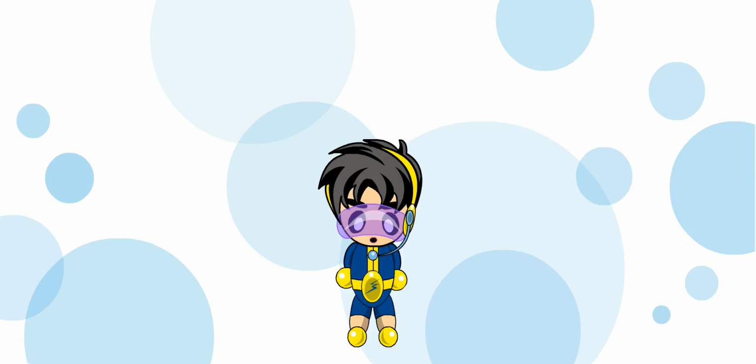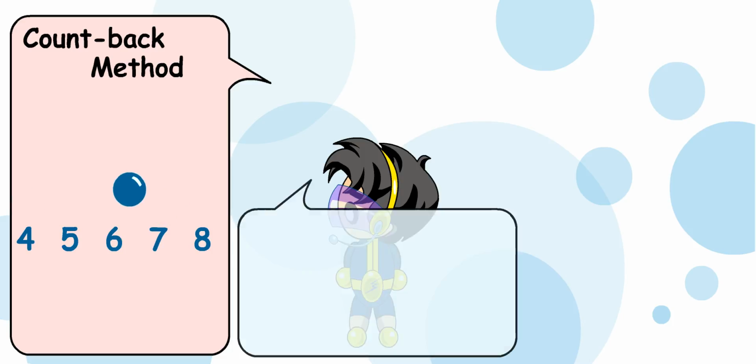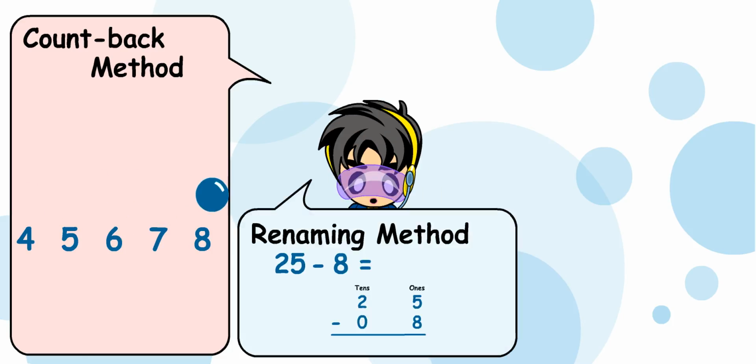We've now come to the end of today's lesson. What have you learned today? We've learned more about subtraction based on past lessons on subtraction. We have many ways of subtracting two numbers up to 100. We can use the count back method, where we keep the bigger number in mind and count back until we get our answer. We can use the renaming method when we need to subtract a one-digit number from a two-digit